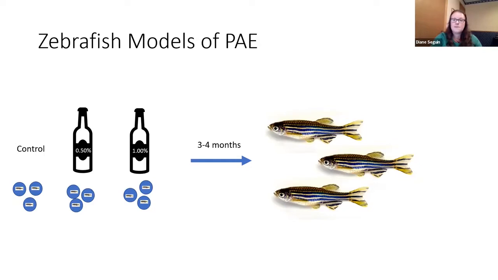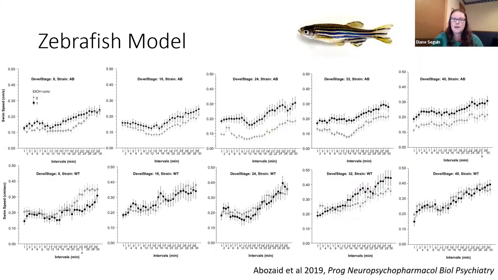So we don't have the behavior with fish. So we give them their dosing, and for my particular paradigm, I looked at adult behaviors. So we waited 3 to 4 months, controlled the environment for all of them, so we could test just the effects of alcohol on various social behaviors. And this is just an example of the benefits of using an animal model and what we can